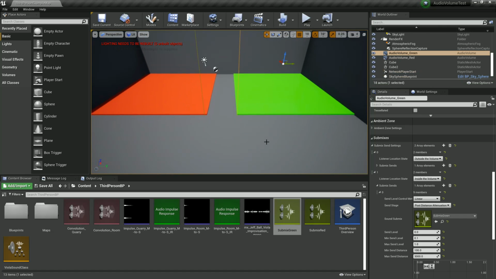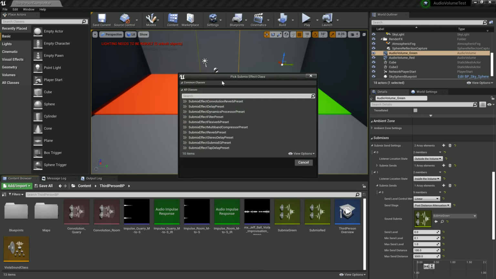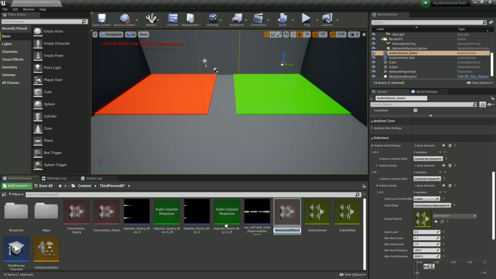All right, so check this out. Here's what we're gonna do. Let me grab another effect. Let's make a stereo delay effect. Where's the stereo delay? Submix effect. So we'll go Delay, Main. Okay. And then what we'll do is let's set this up so that